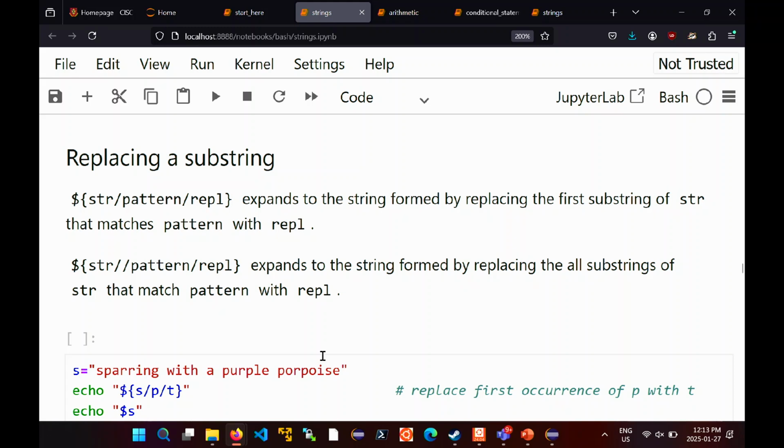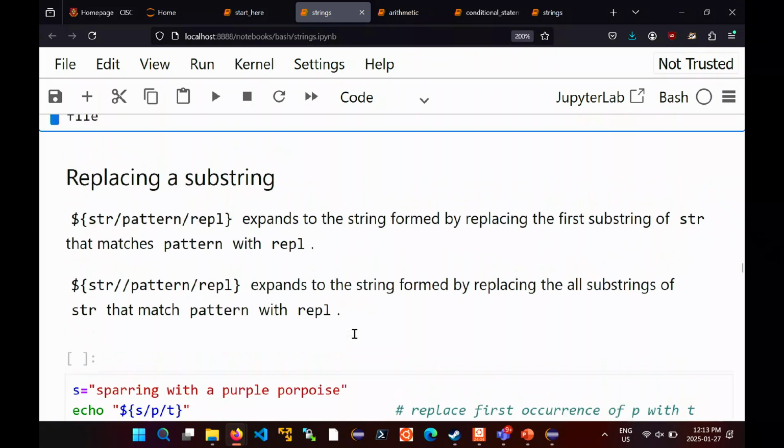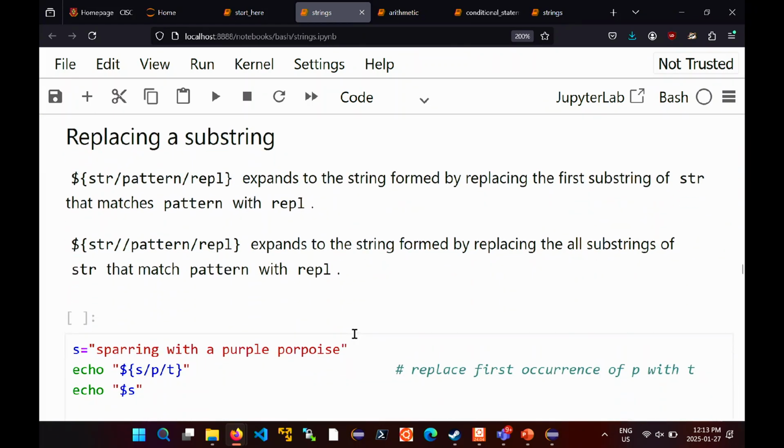Okay, and finally, I think this is the last thing I'll do for today, and then we'll finish off the rest of this notebook on another day. You can replace a substring inside a string. When you replace a substring, the replacement string can have a different number of characters than the substring that you're replacing. Okay, so to replace a string,